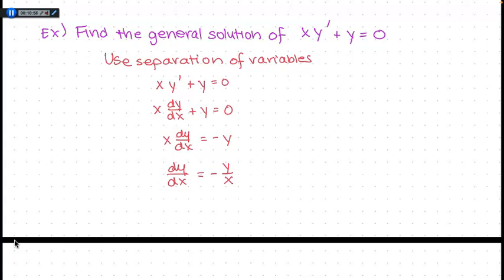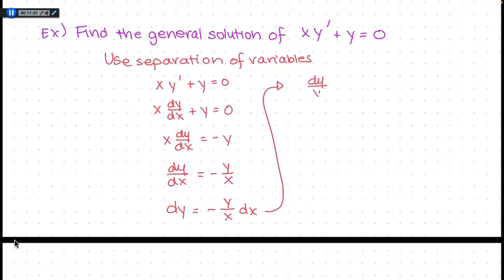Y is a polynomial? Well, we don't know what y is. Could be a polynomial, could be exponential, I don't know. But we could multiply both sides by dx and then divide both sides by y. If I multiply both sides by dx, so we're just left with dy on the left, we get this. And then if I divide both sides by y,